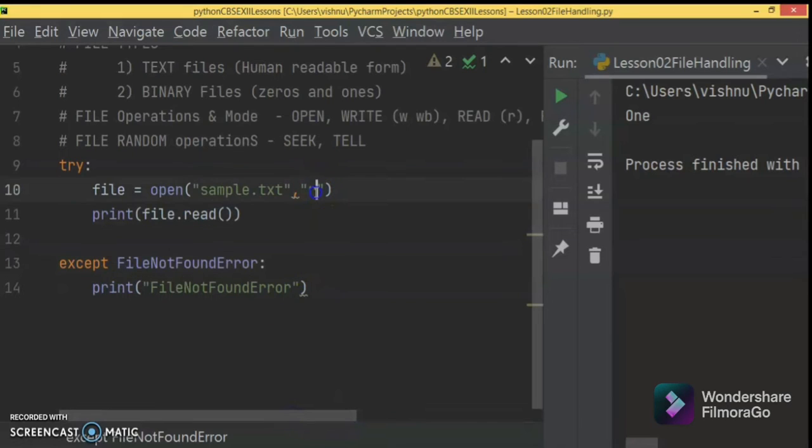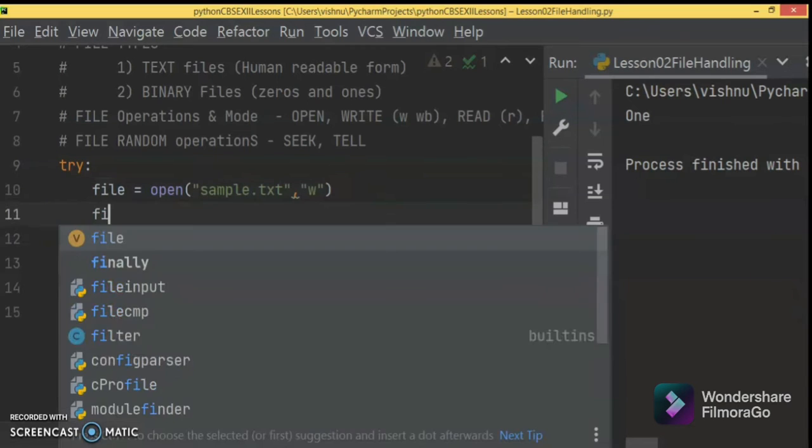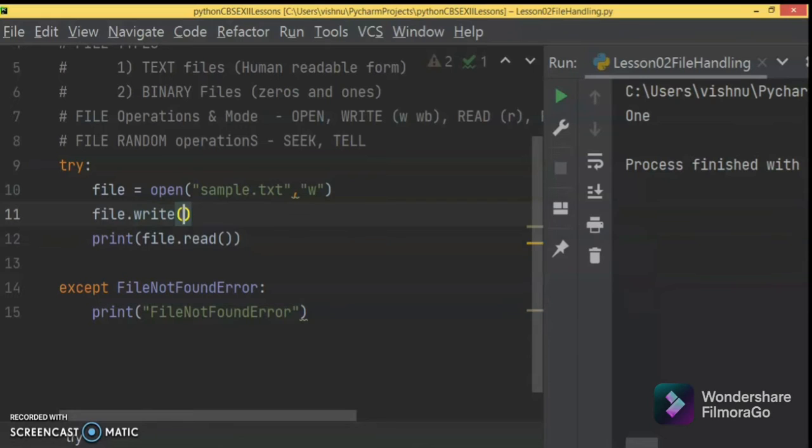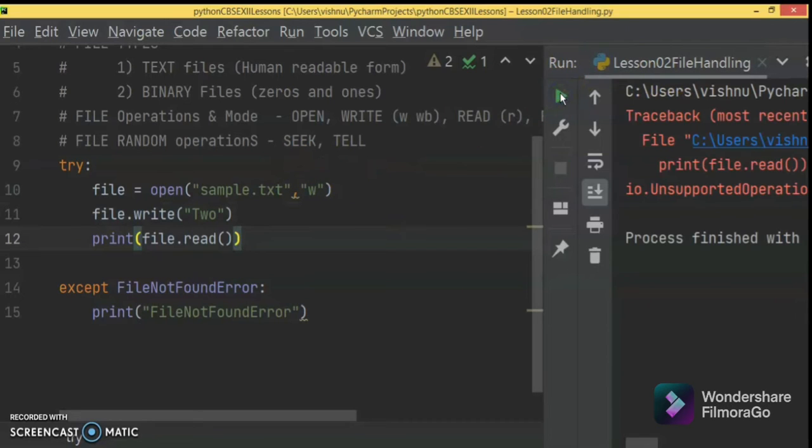Suppose I want to write file dot write 2. After 1 I want to write 2. So let's see what it is coming, error is coming.